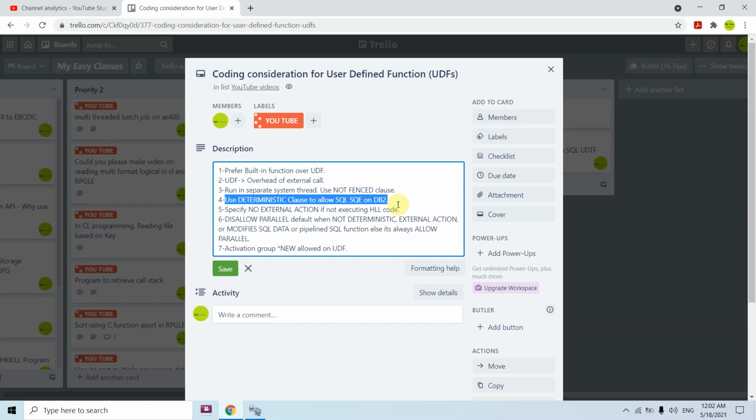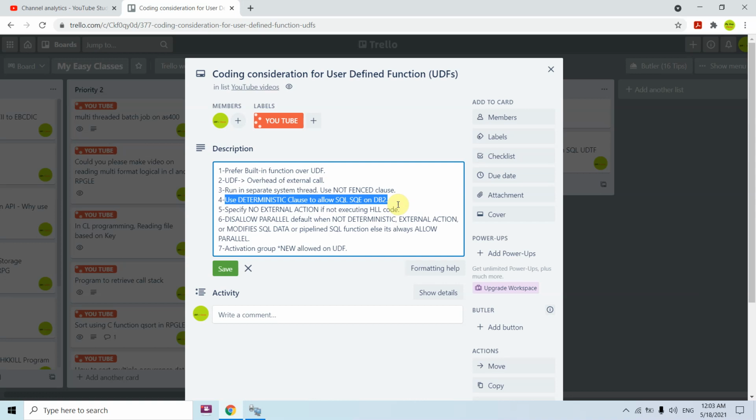Whenever we are using these clauses in the SQL UDF, the default would be disallow parallel, so it won't run in parallel threads. In other cases it would be allow parallel, but the function must not run in parallel; it must run in the same thread or the same job, not in separate threads. That's why we must mention disallow parallel if there is no requirement for such things.